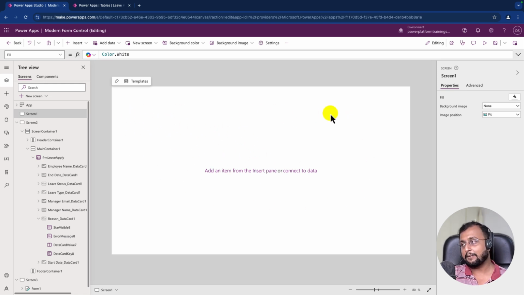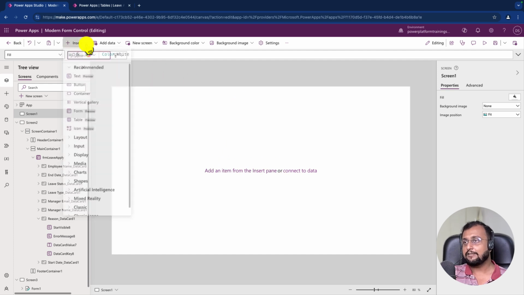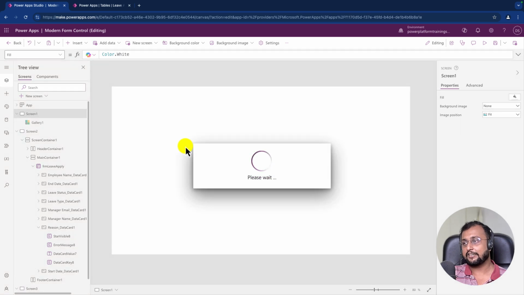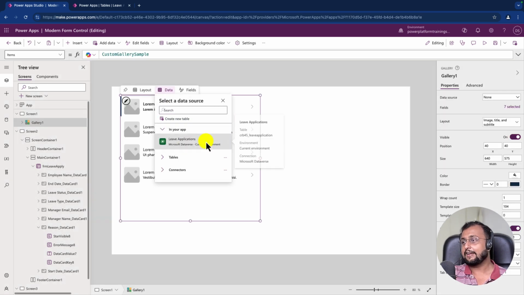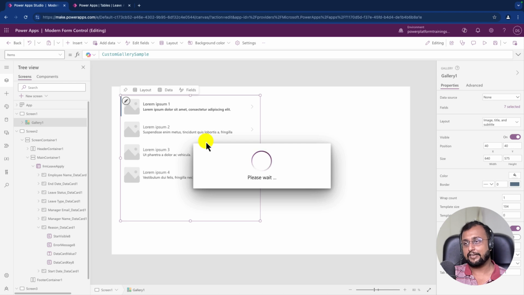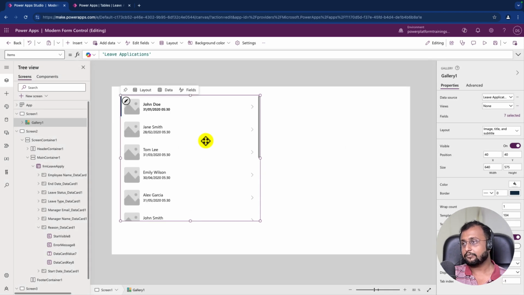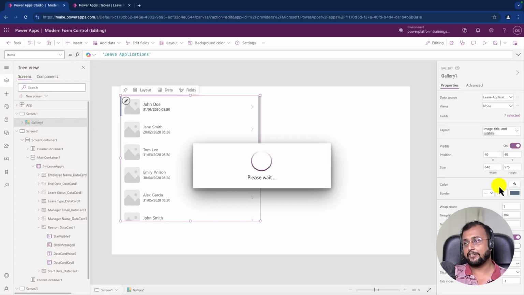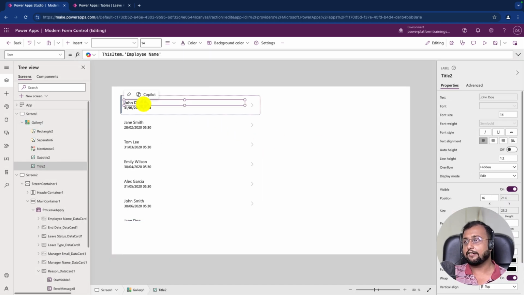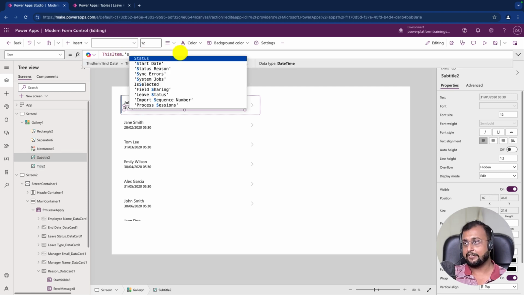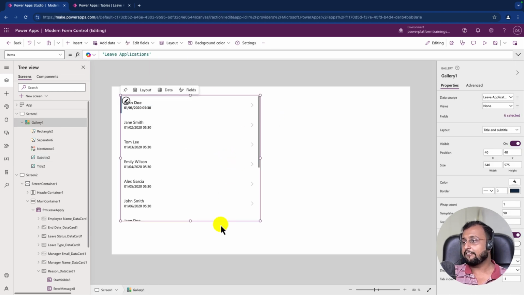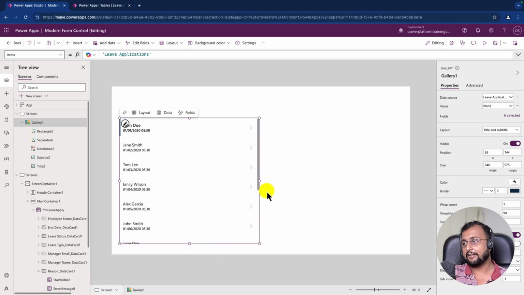For simplicity, I'm adding one simple gallery control over here. I'm adding one blank vertical gallery on the screen, and let me provide the data source as leave application. I'm providing it like this, and from the layout I'm setting title and subtitle like this. Okay, and here I just want employee name, and maybe this item dot start date is something I want to showcase over here. Let's just keep it like this,